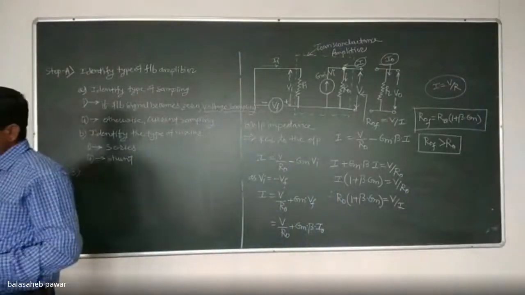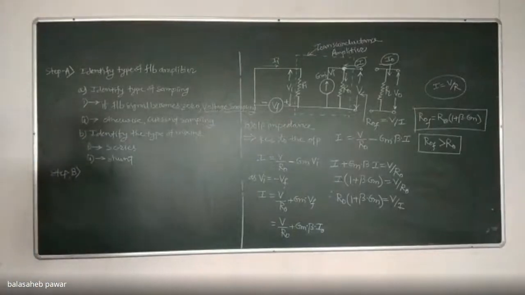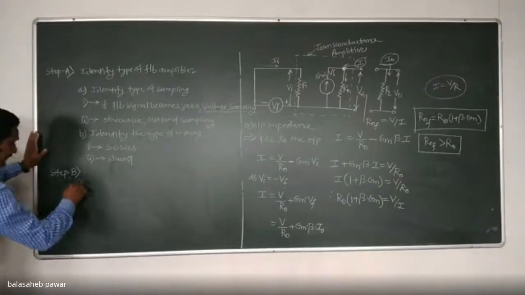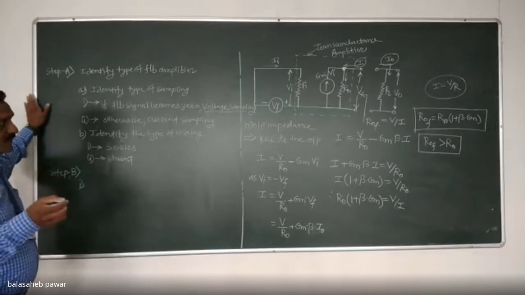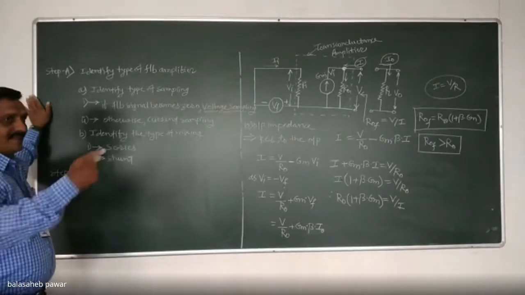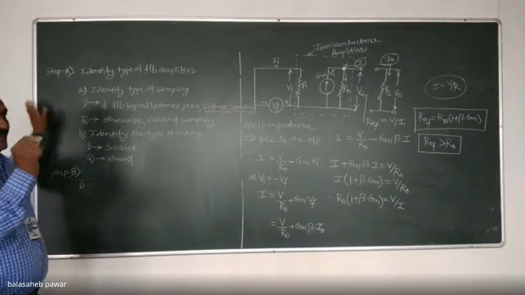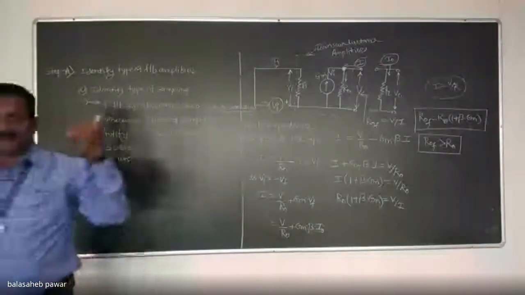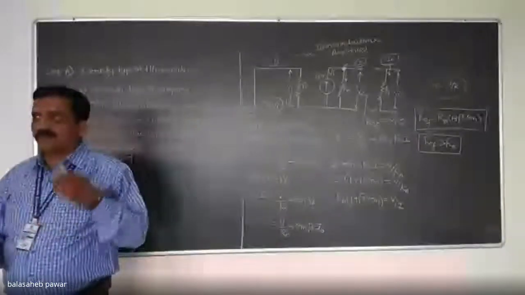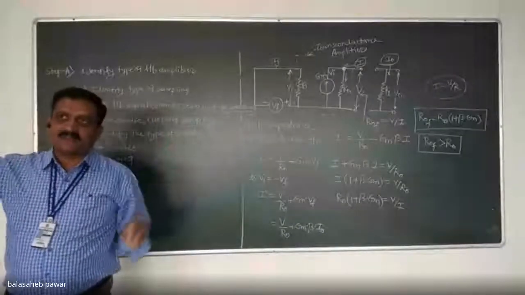draw the input circuit or find the input circuit. In that, whenever you have to draw the input circuit, as I already told, you have to consider the feedback network, its effect at the input side as well as at the output side, as it is in between input and output. So its effect will be on the input circuit as well as the output circuit, and you have to show it separately. Okay.